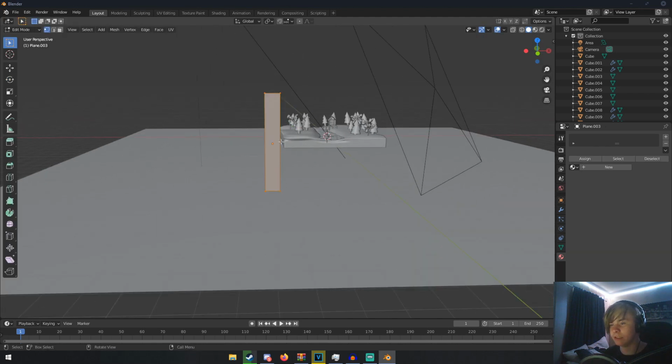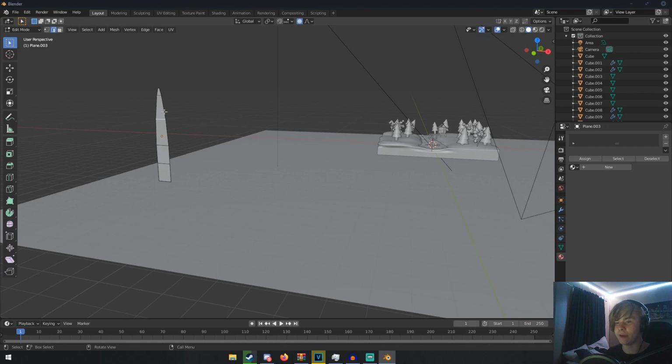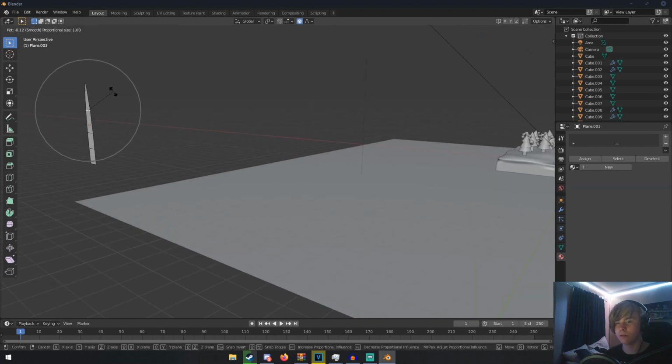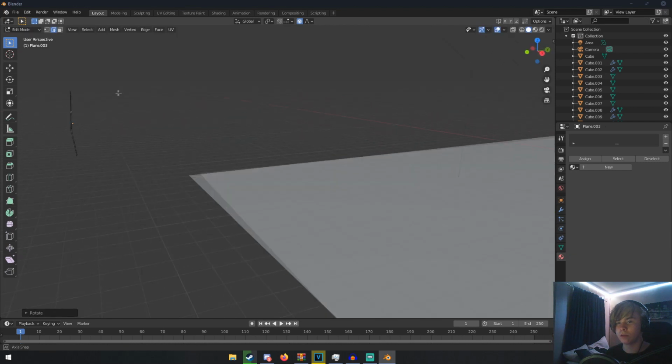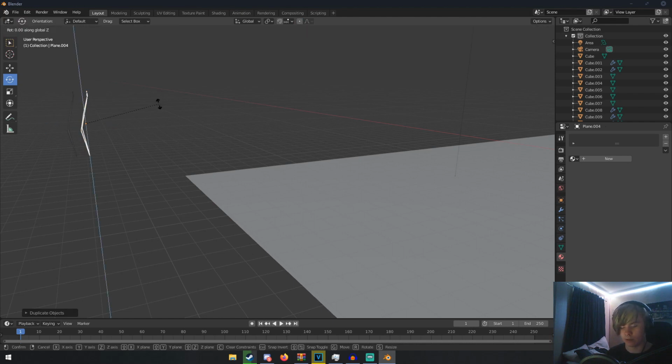What we're going to do is we're going to hit Tab and then Control R and then scroll wheel until there's about 4 cuts. And what we can do now is we can go to edge select or 2 on your keyboard, select this top part, use proportional editing, and then just make it into basically a blade of grass. And then we can do this and then rotate it and stuff. Just rotate it to where it's looking like that. Duplicate it, RZ 180,